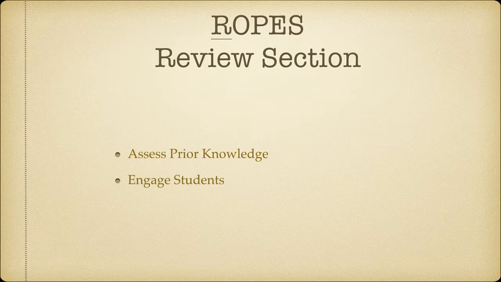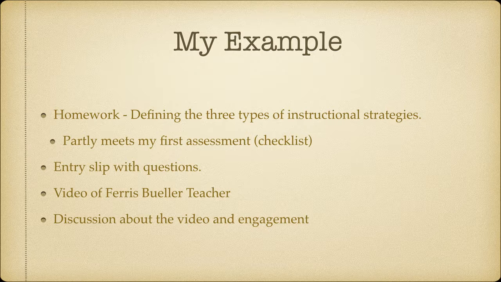The R in ROPES stands for Review, and there's two things that you primarily want to do in the first part of your lesson: one is assess prior knowledge, and the second one would be to try to engage students. I called this an anticipatory set because that's what I learned when I was going through. But basically, it's an attention getter, right? And so for my example,